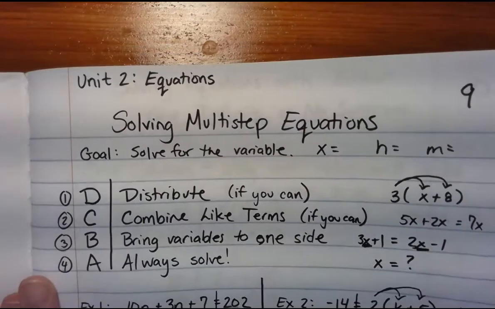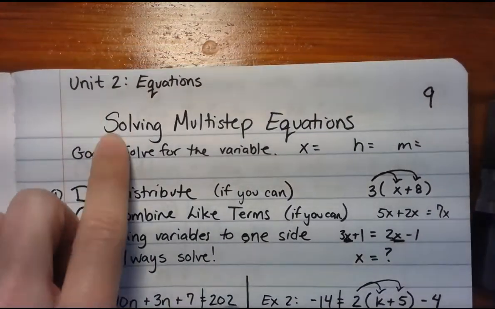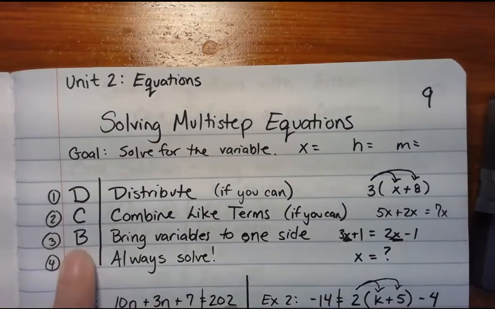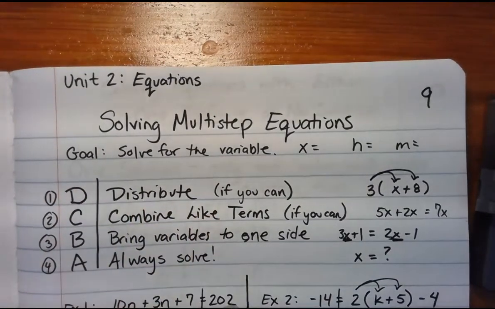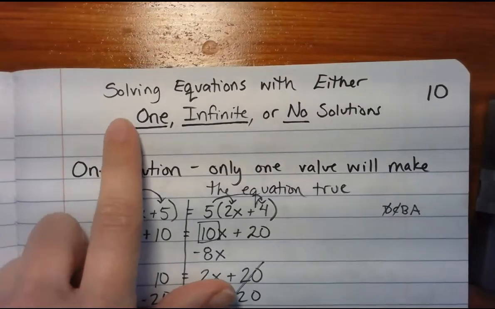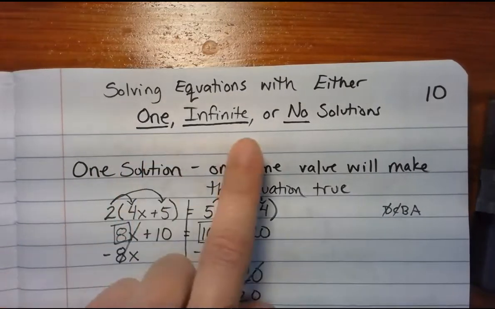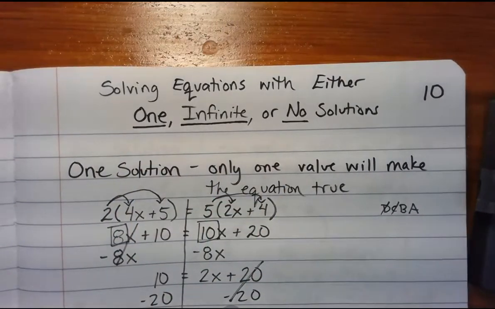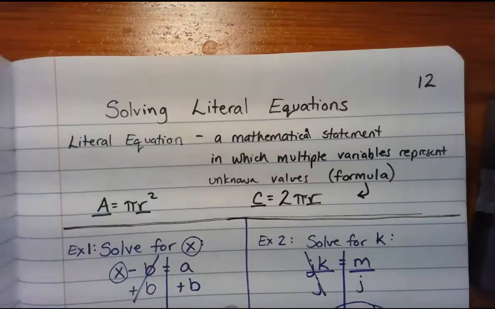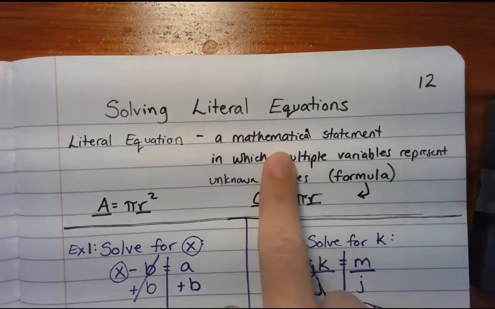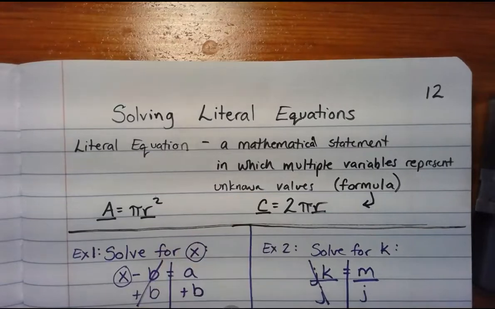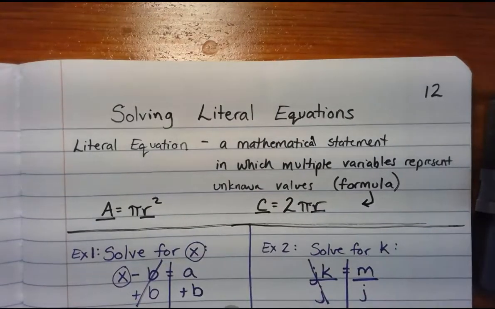If you look back through your notes, the first set of notes that we took in this unit was solving multi-step equations using the DCBA method, and you've been practicing that. So that's the first topic that's going to be on your unit test. The next thing that we have learned about is solving equations with either one, infinite, or no solutions, and you practiced that. And the last thing we did last week, there's a second page of notes there, was solving literal equations. So solving multi-step equations, one, no, or infinite solutions, and literal equations are all going to be on your